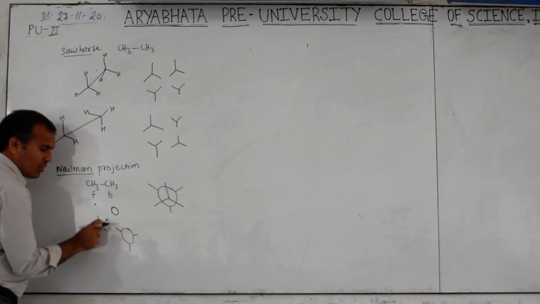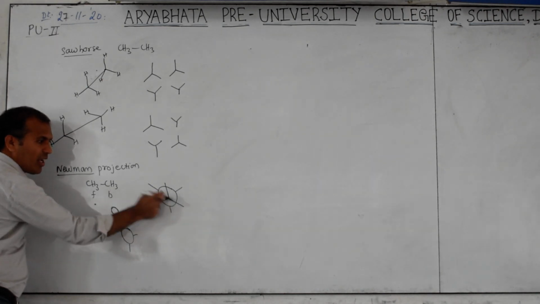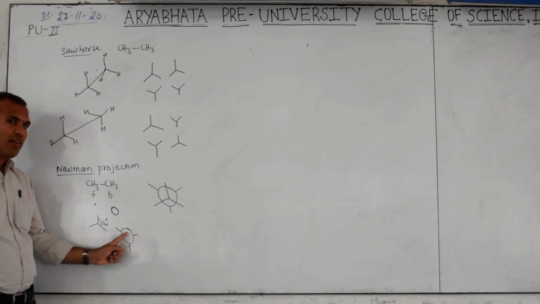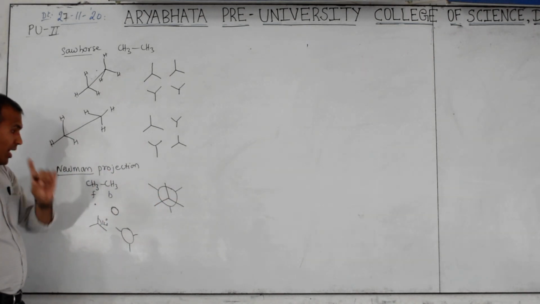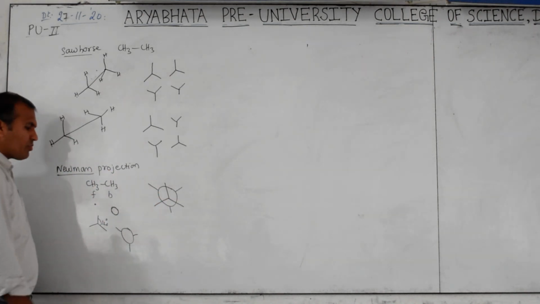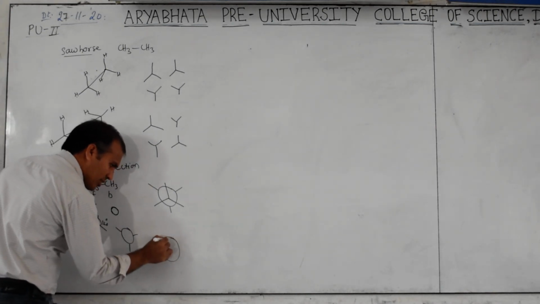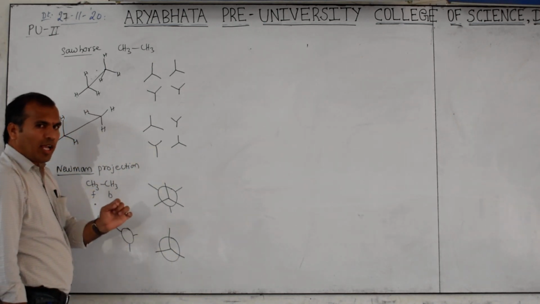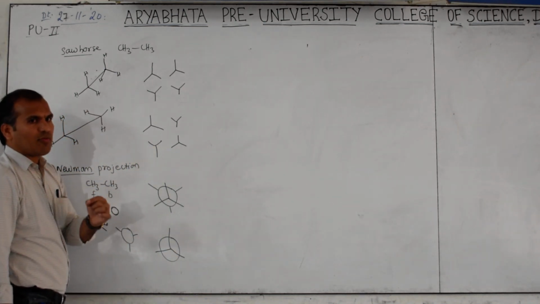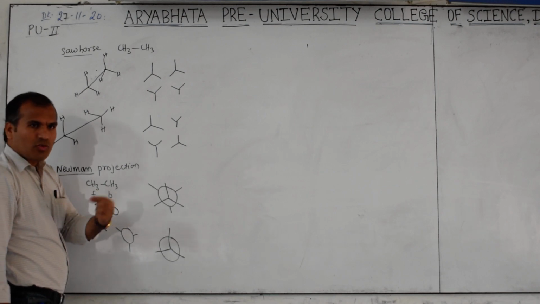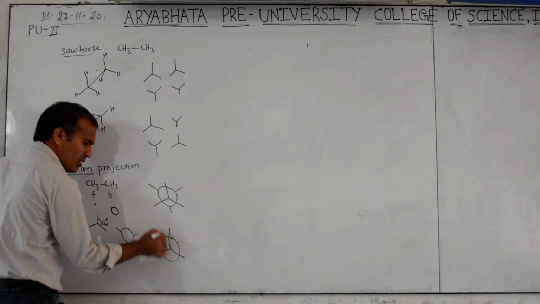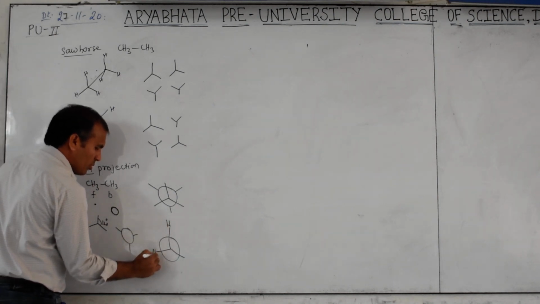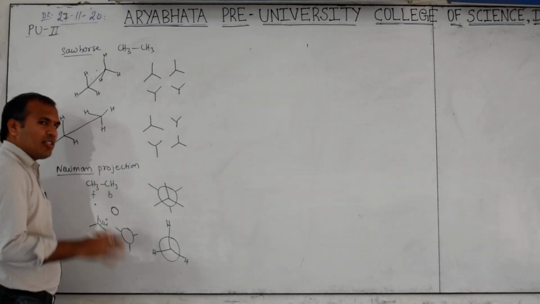This is back carbon. This is front carbon. Together, like this. Got the answer there? This is front. This is back. Together, like this. So now here eclipsed should also be staggered also. Always try to draw the eclipsed form, then we draw the staggered form. This is easy for drawing many other structures. So this first carbon has how many hydrogens? 3. 1, 2, 3.